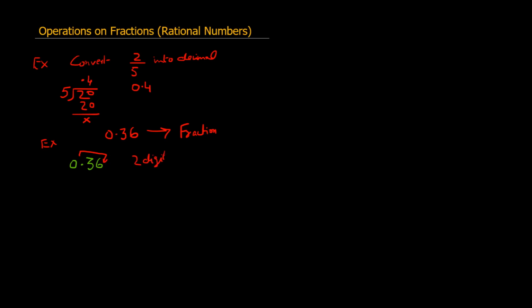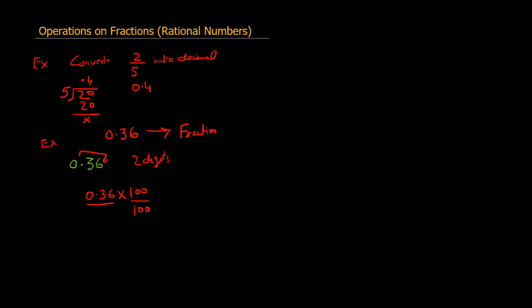So 2 digits mean we have to multiply it by 100, because every 10 multiplication we go 1 decimal right. So we multiply 0.36 by 100, and in order to balance this we also multiply in the denominator,